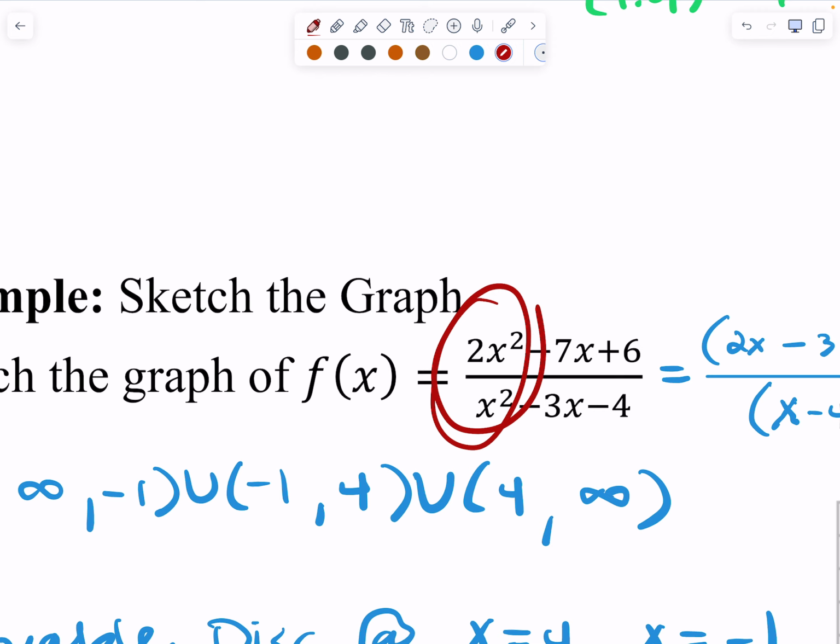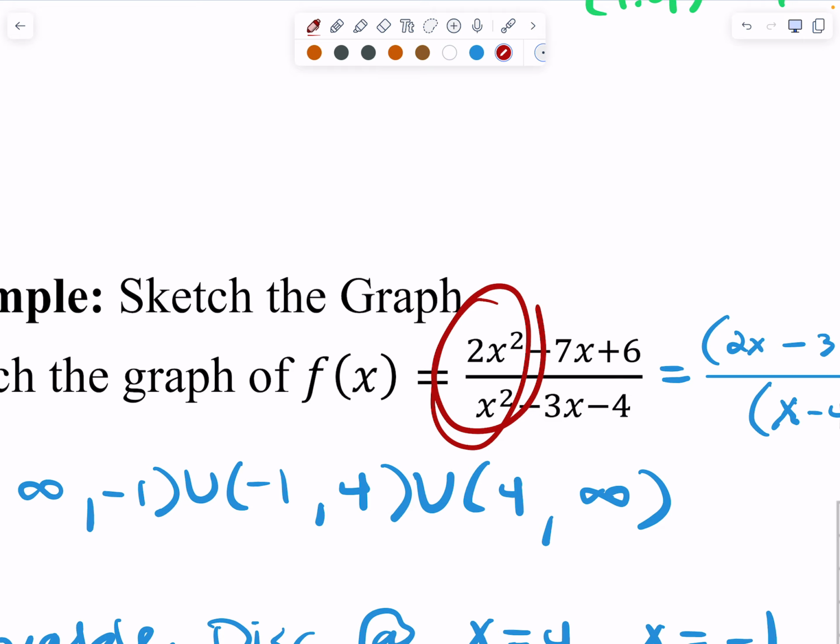So we can multiply by x squared minus 3x minus 4 on each side. I'm going to pause for a second. Is everybody comfortable going here to here? I distributed the 2. Okay, 2x squareds will cancel. If I add 7x, I'll get x. If I add 8, I'll get 14. So at the point (14, 2), the graph will cross